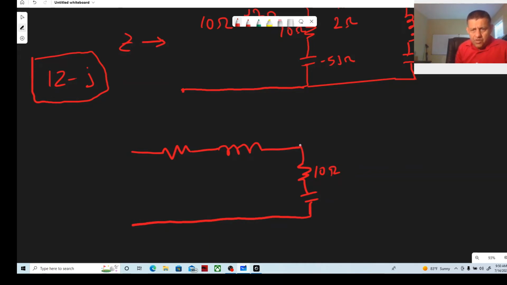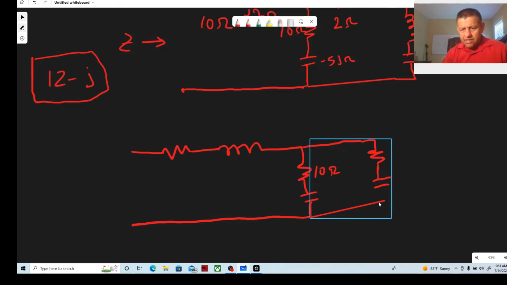So now I can actually do this capacitor can actually